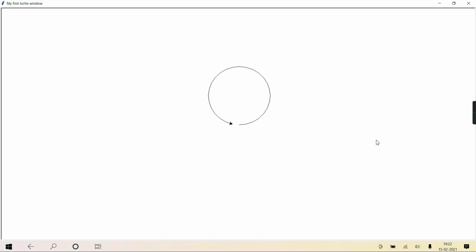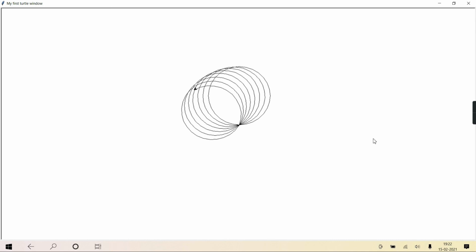See, one circle drawn, 10 degree tilted. Again one more circle drawn, 10 degree tilted. Okay. Now why 36? Because 360 and 10 degree, no? So 36 only it will be, I guess. Right?